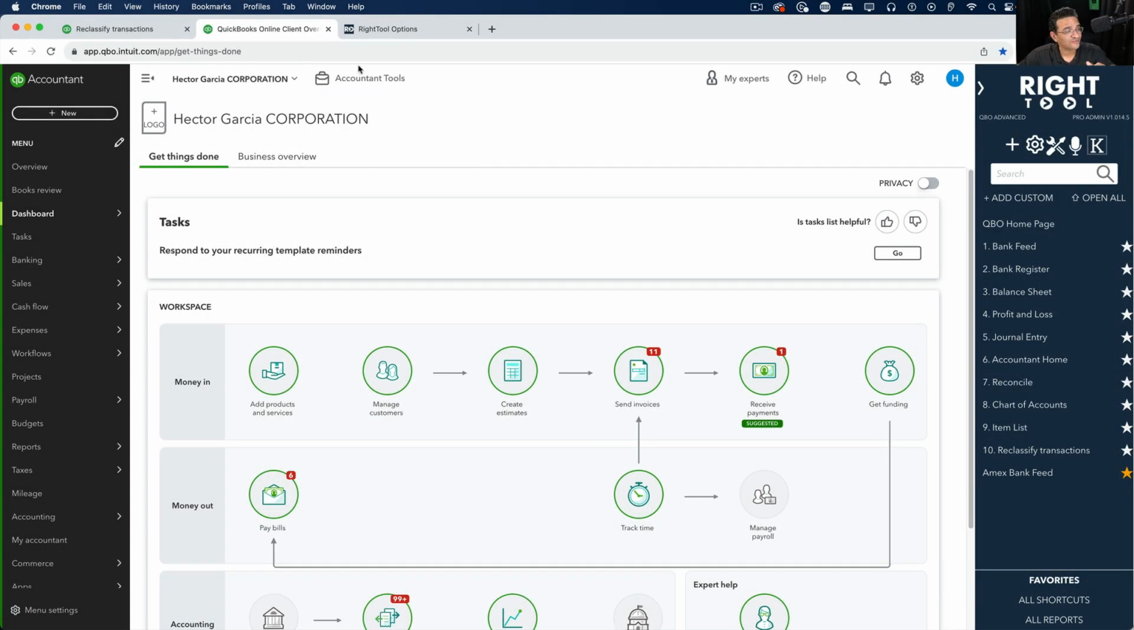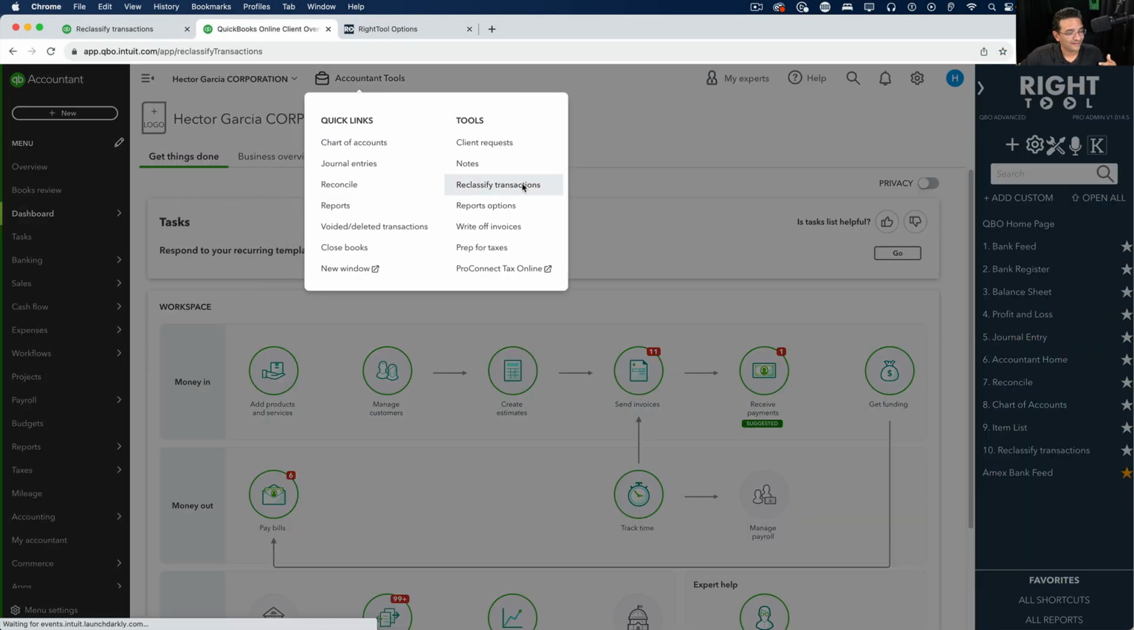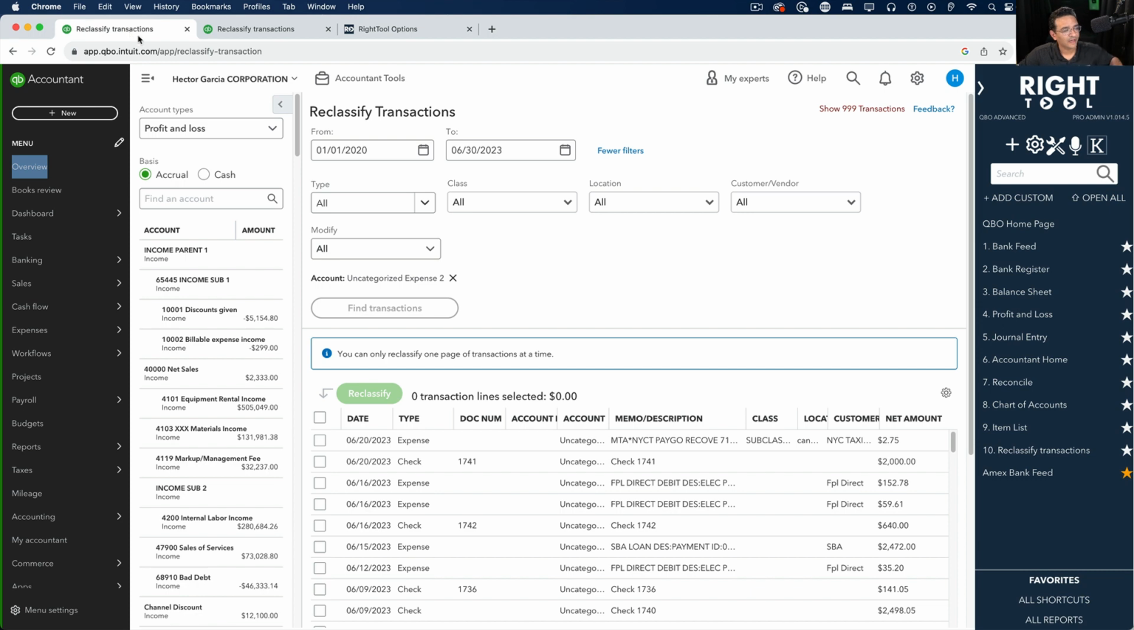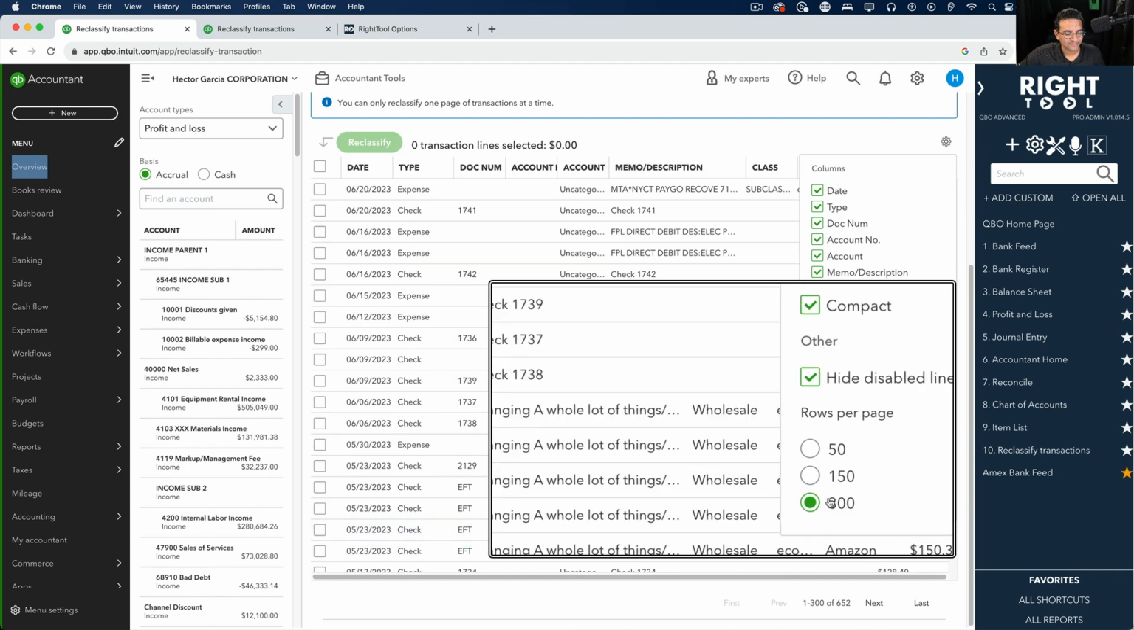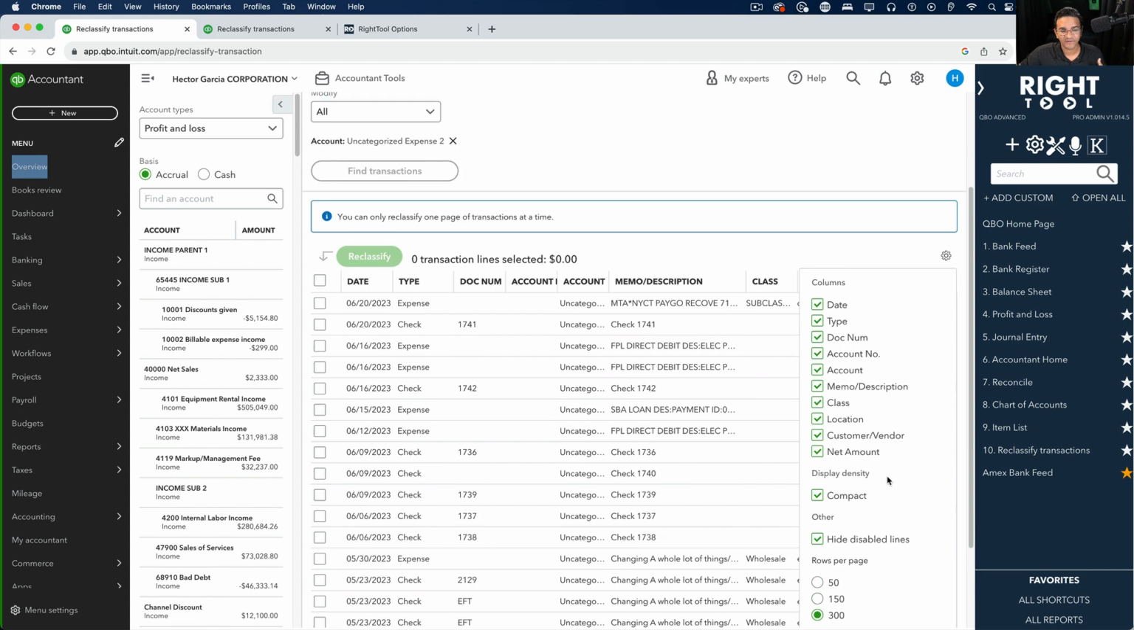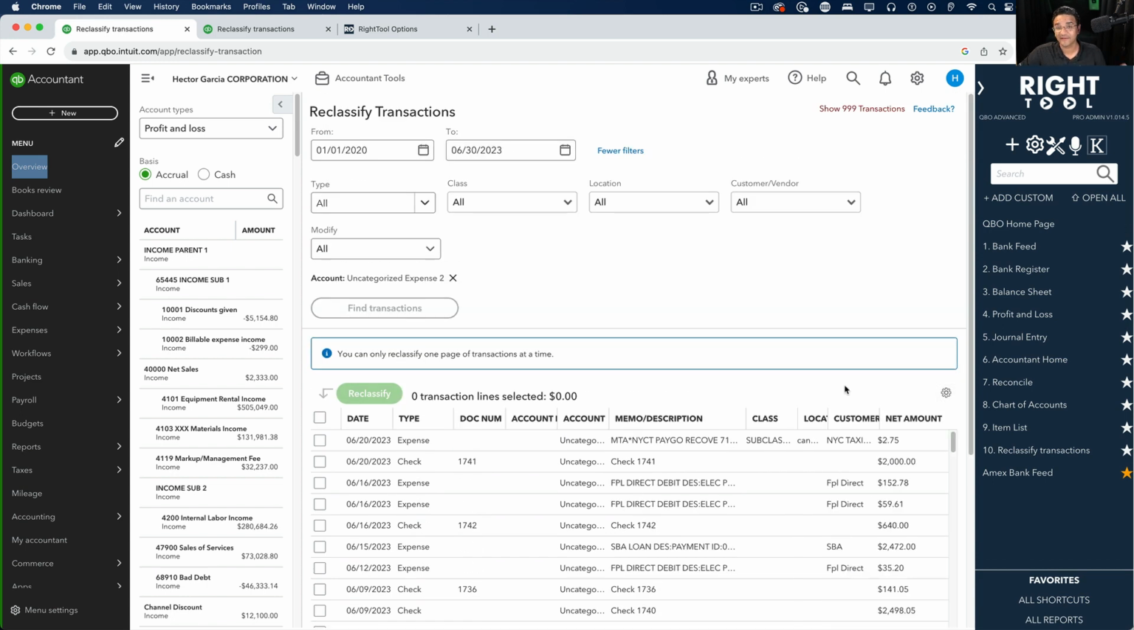The Reclassify transaction screen in QuickBooks Online is pretty awesome. The challenge I have with this screen in particular is that the number of transactions that show is actually limited to a maximum of 300. And sometimes in this screen, we just want to see more. For example, if I click on select all over here, you can see that the most that you can show